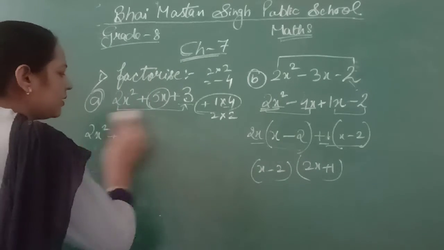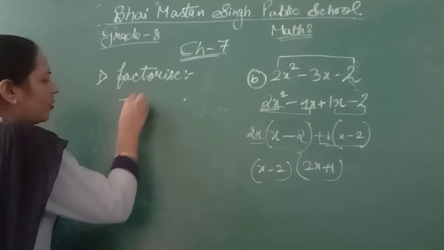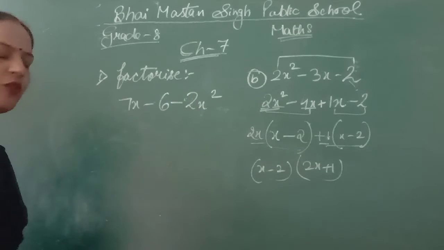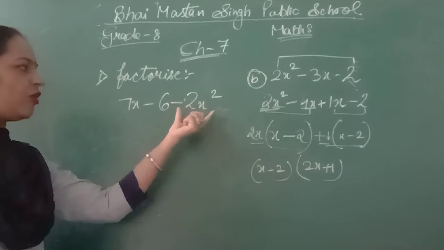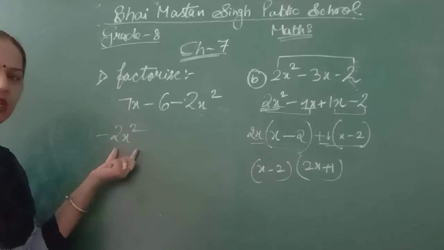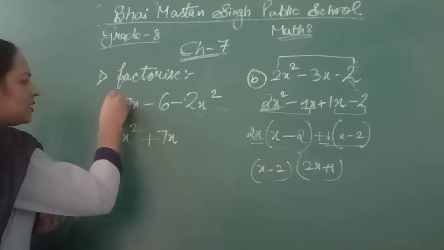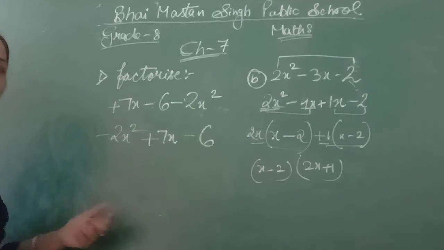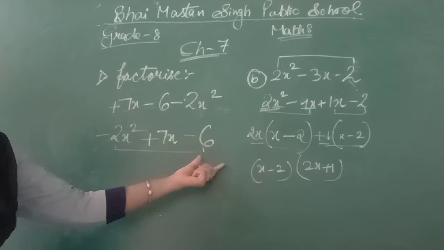Now the next question: if the statement is not in standard form, what will I do? Now my statement is not in the standard form. Firstly, I have to write it in the standard form. Here is minus 2x square, minus 2x. The first term will be x square, the next term will be x, so this will be plus 7x because no sign is there, so plus 7. Now the next term is minus 6. Now what will I do? I will multiply first and third. My answer is 2 into 6, 12.